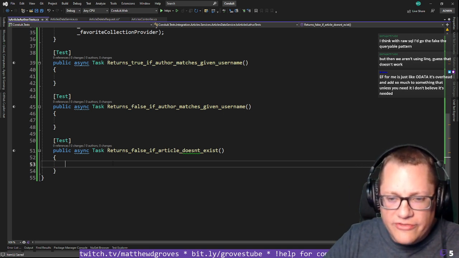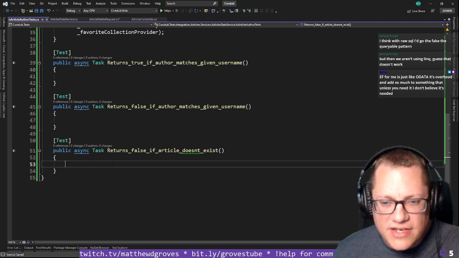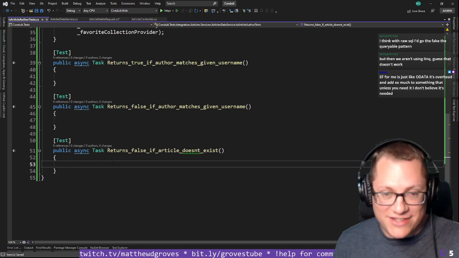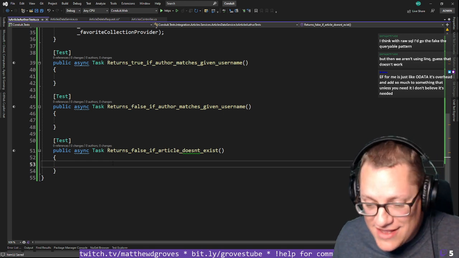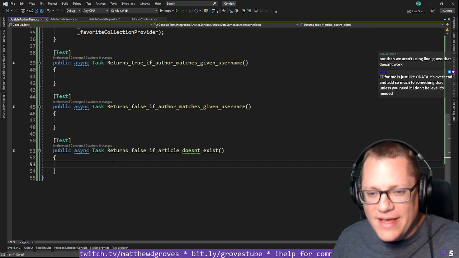Aaron says, Entity Framework for me is just like OData. It's overhead and adds so much to something that unless you need it, I don't believe is needed. That's kind of a tautology, but yeah, I agree. Back to what we were saying earlier about tools. You want to avoid them until you need them, right? Entity Framework,